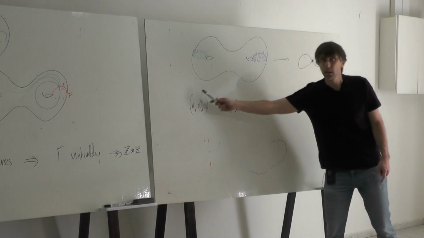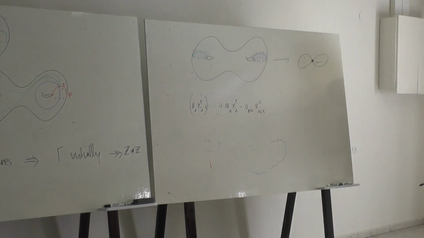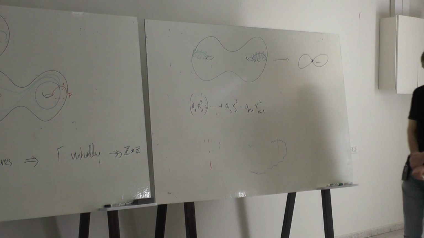So all the arithmetic lattices I have described at the beginning, in the first lecture, they have gamma hyperplanes,